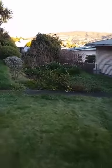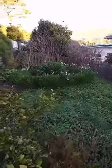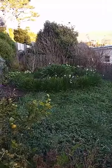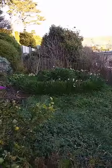Let me just get a little bit closer so you can see it. It's a bit distant on the phone. And there it is. It really is a circle of narcissus, and there's a big bunch of nerines in the middle. So yeah, it is lovely here. I've been here for a long time, and I've gardened for a long time, and it shows. The garden is more beautiful than the house because the garden I have been able to do with very little financial input, just work, and now it's the house's turn, and slowly the financial input is happening, which is an indication of how much I...